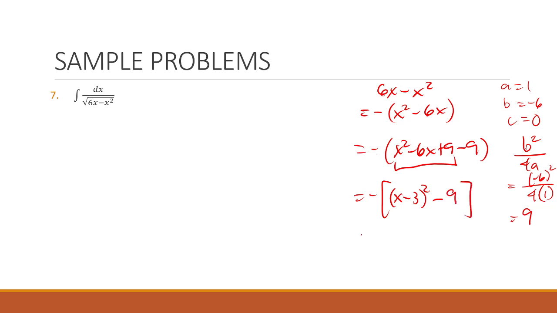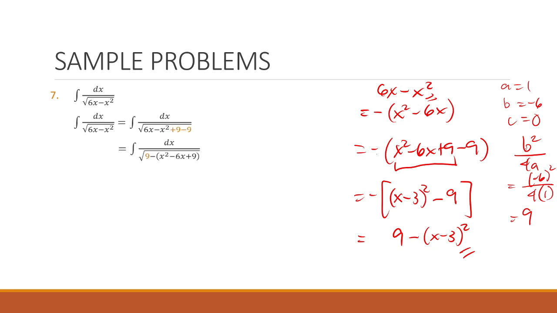And then we can redistribute -1. So negative quantity of x minus 3 squared, then negative times -9. So that would be +9. So this is now the new form of 6x minus x squared. So this now clearly takes the form